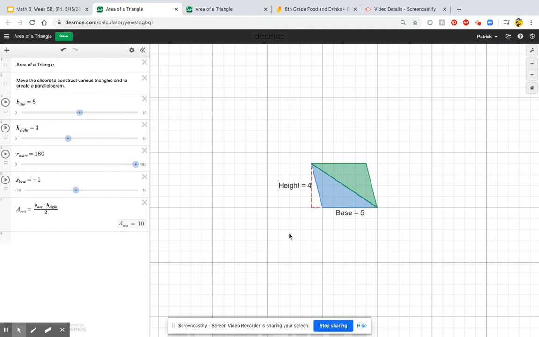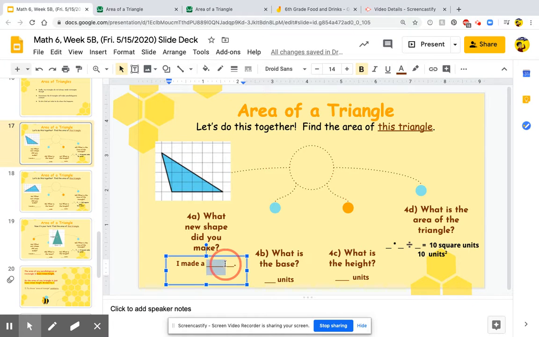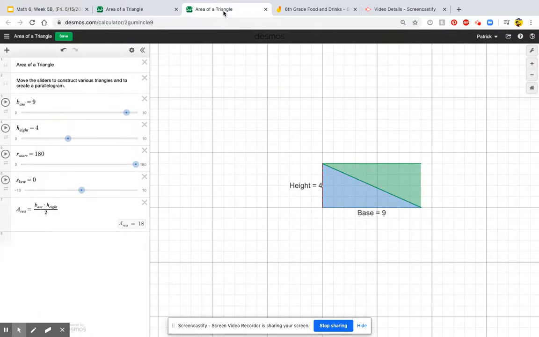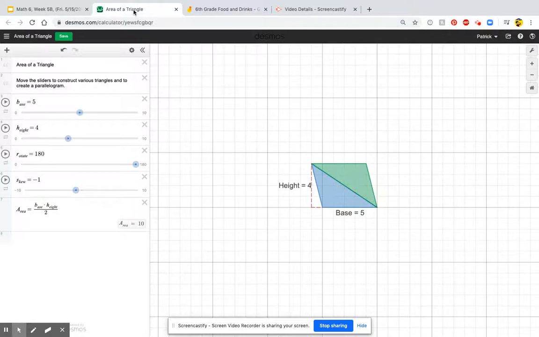We have, wait, that's not a rectangle. That's a parallelogram. Okay, so you are not going to type rectangle there. That is not a rectangle. That is just a parallelogram. Parallelogram. Okay, now to kind of prove it to you that it is a parallelogram,